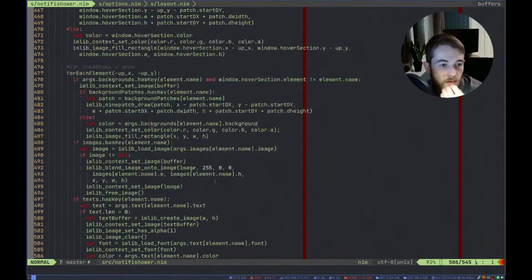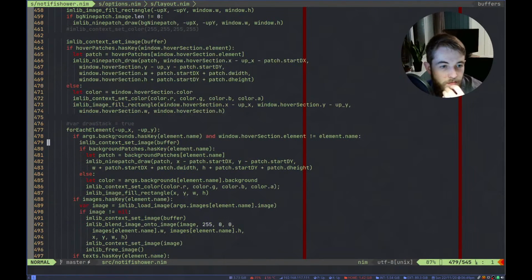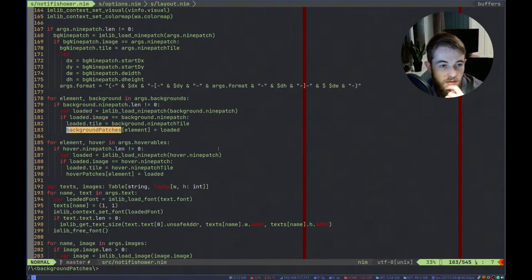And this code checks that if the arguments of backgrounds has the key of the element name and the currently hovered thing is not our thing, then we set that if background patches has key. So background patches is, for element background in args.backgrounds, background 9 patch length is not 0.